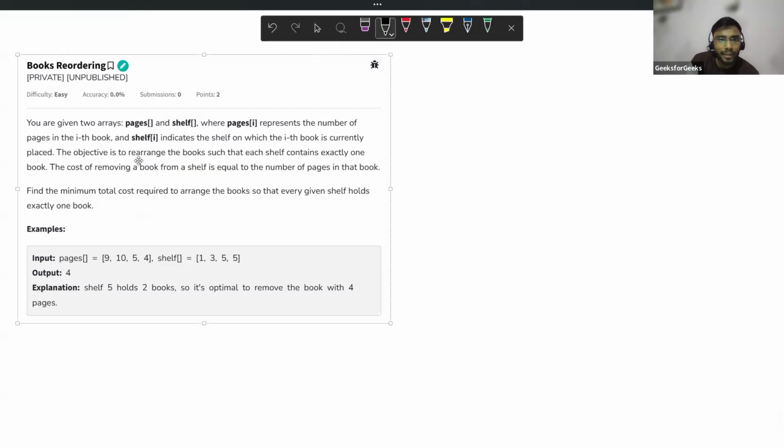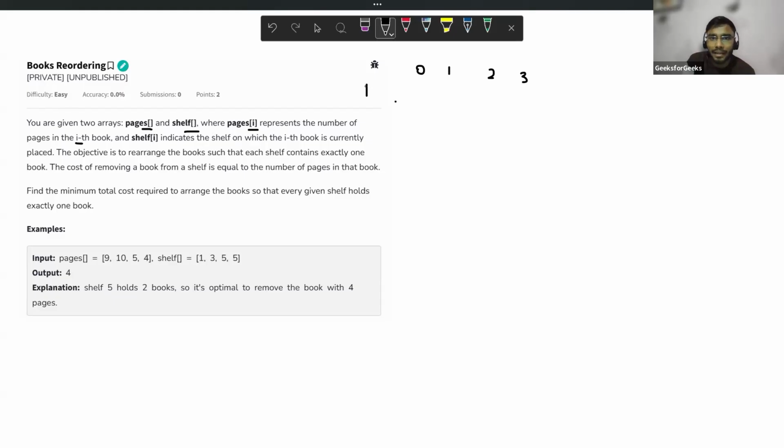What is given? We are given two arrays, pages and shelf. What does the pages array represent? Pages array represents the number of pages in the ith book. There may be four books like that: 0, 1, 2, 3.